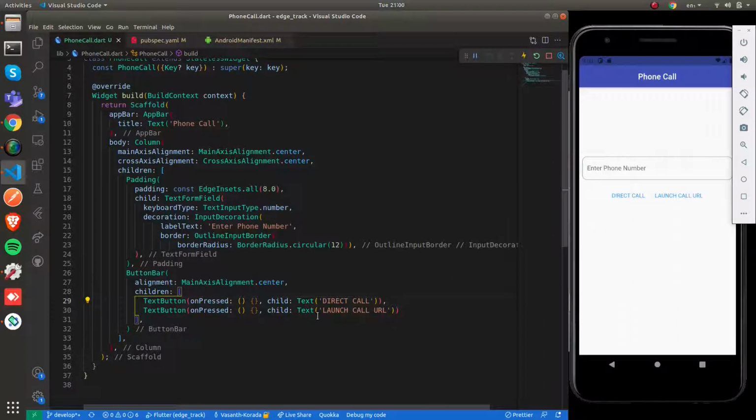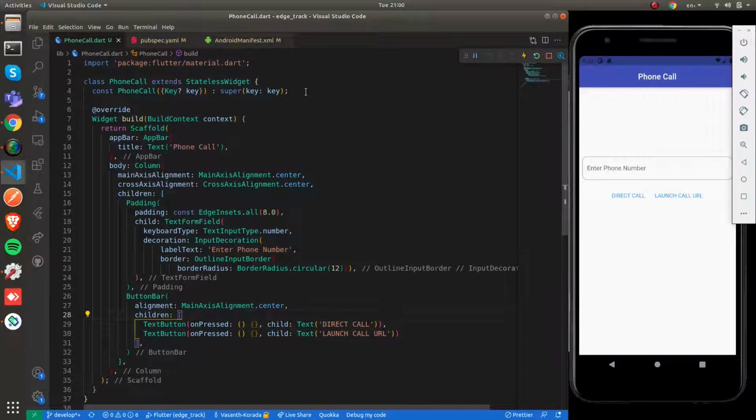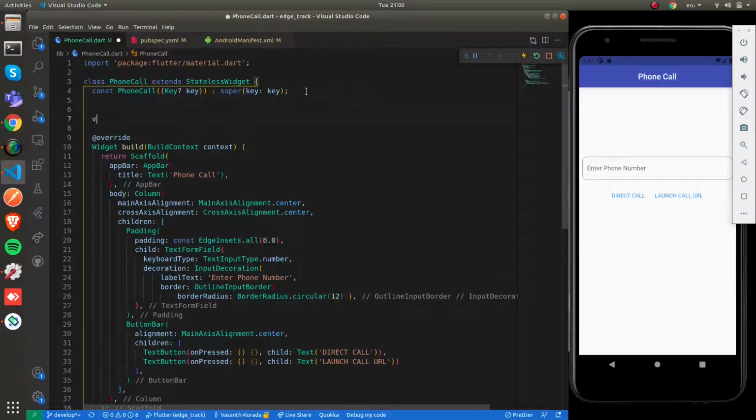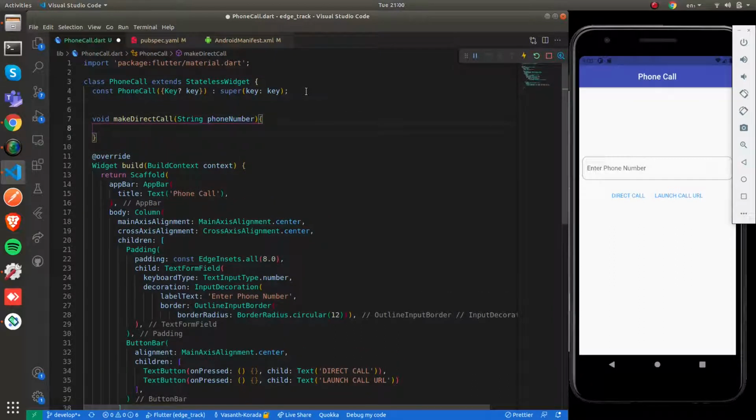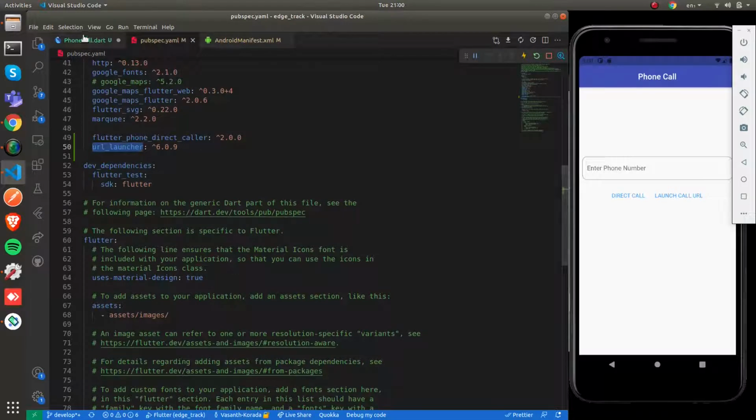The first one is direct call. Let's create a method, say makeDirectCall. This function takes the phone number as the parameter. We are going to make use of the Flutter phone direct caller plugin.